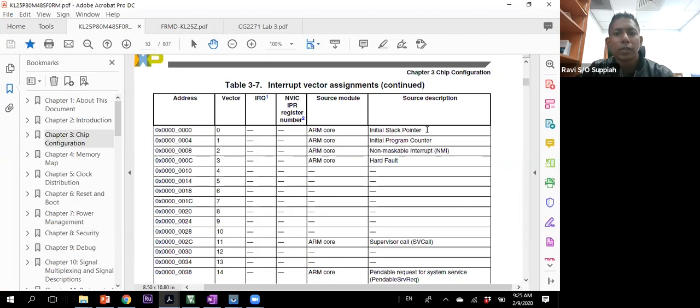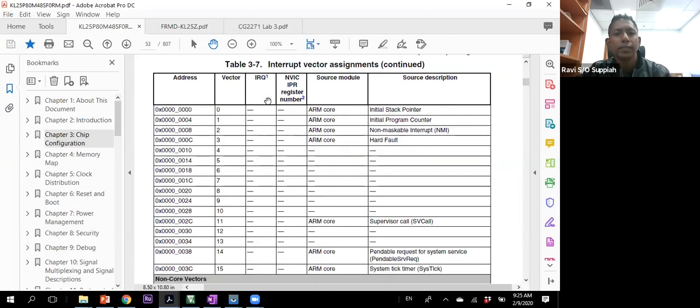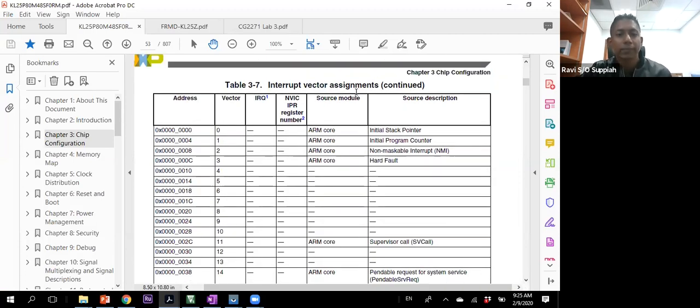If you look at your data sheet here, you can see that these are the interrupt vector assignments. The first address 0 is your initial stack pointer, and your vector 1, which is address 4, is your initial program counter. So this initial program counter is actually the starting point of where your code will execute,